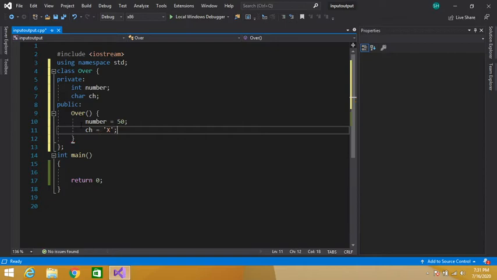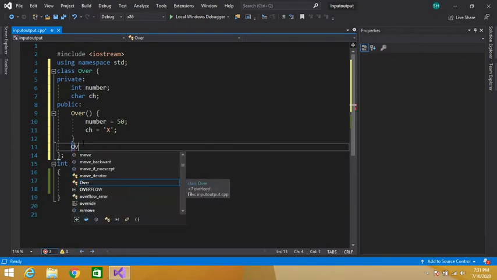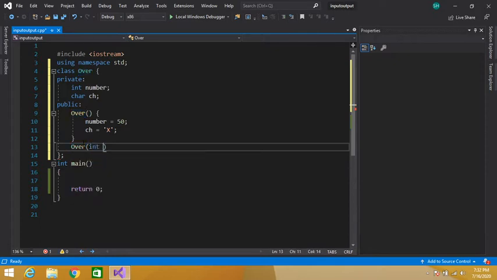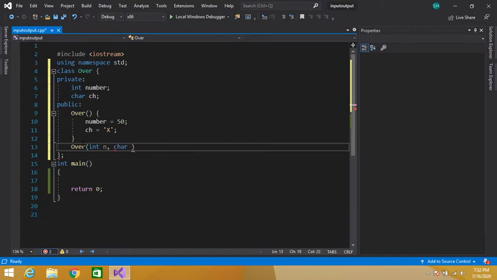We have to define multiple constructors for understanding constructor overloading. Let's create one more constructor with the same name Over, and it accepts two parameters: int n and a character parameter, let's say c, so that it looks different.